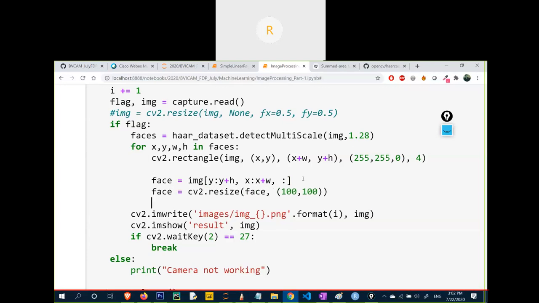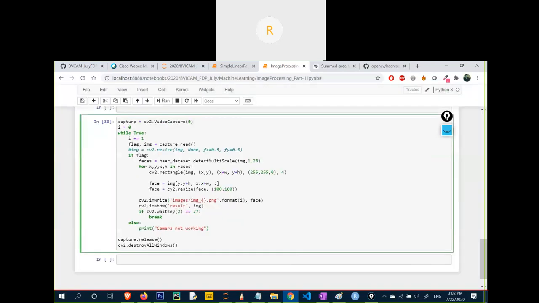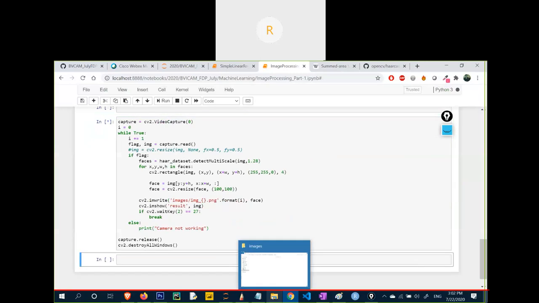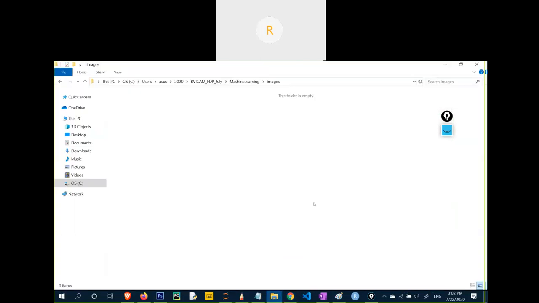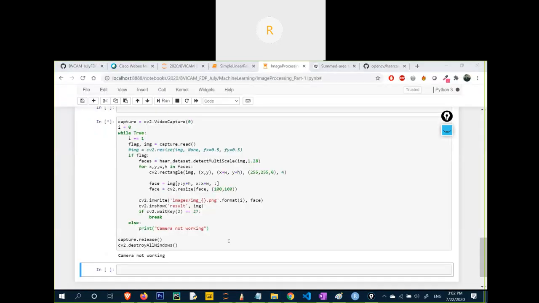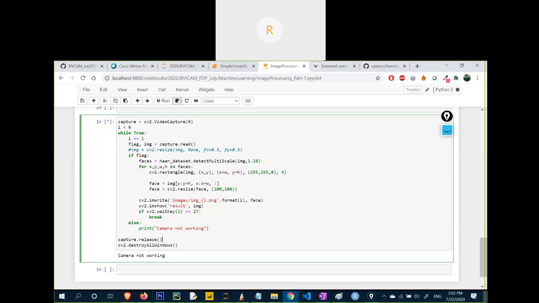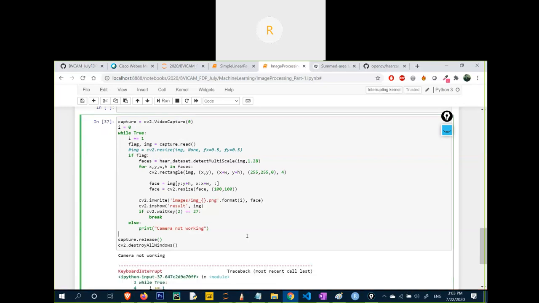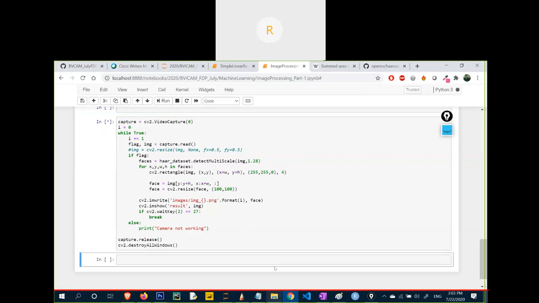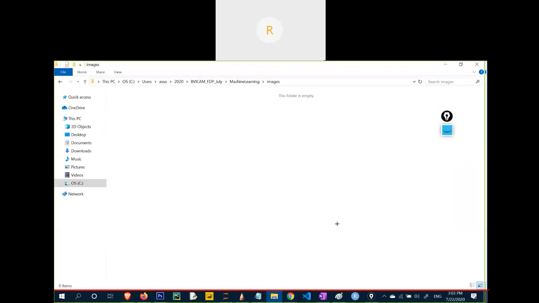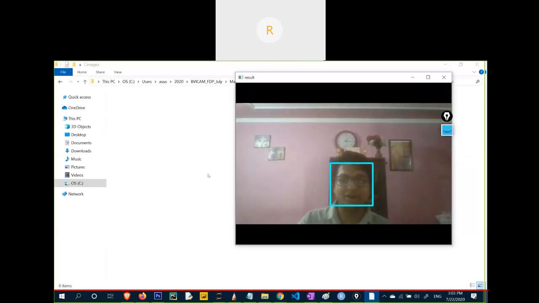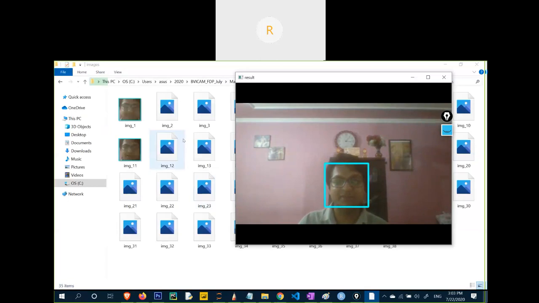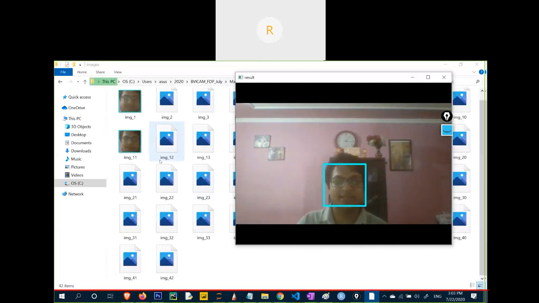Now I will start storing my face. Let's execute this code and go back to your machine here, and let's see what the output will be now. But first we have to close the camera. Let's execute again and see the output. Now you will see only the face part of this image will be stored, you can see at the back.